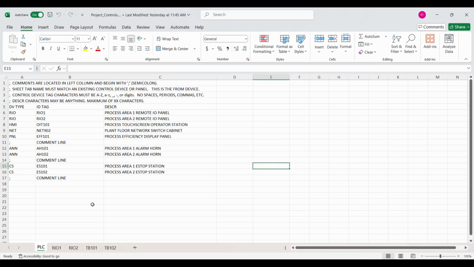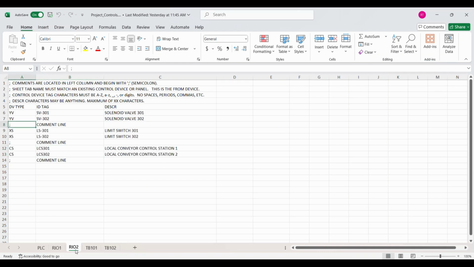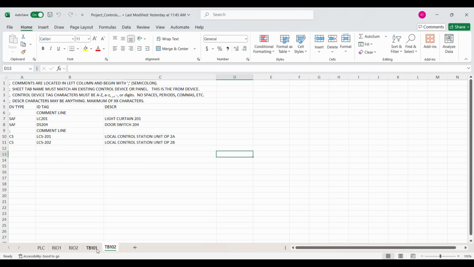So these work very similarly. You have to start from your PLC. So when we insert a control, the from for each one of these devices right here is going to be PLC. For these devices here, the from will be RIO1. For these devices here, the from would be RIO2, and then these would be the control device ID tags. Then you've got TB101, TB102. So these tabs are the from devices for your